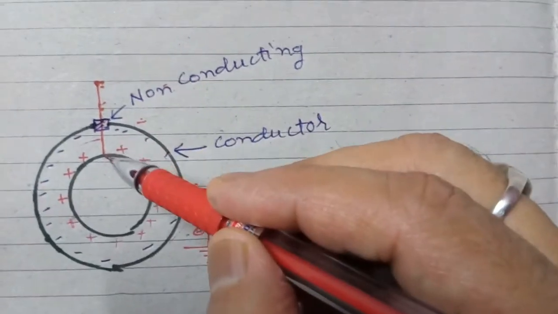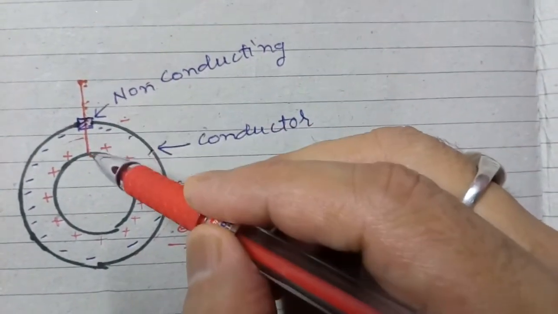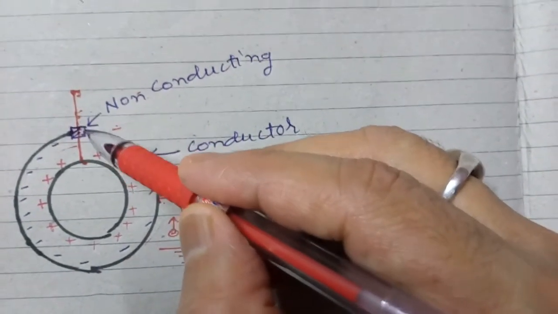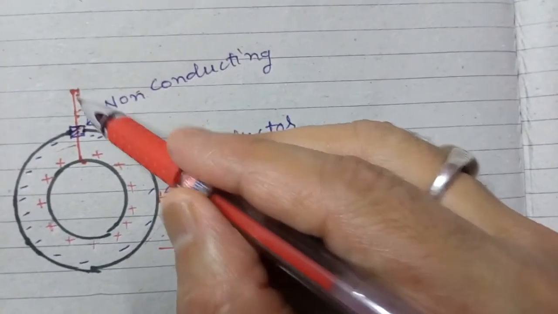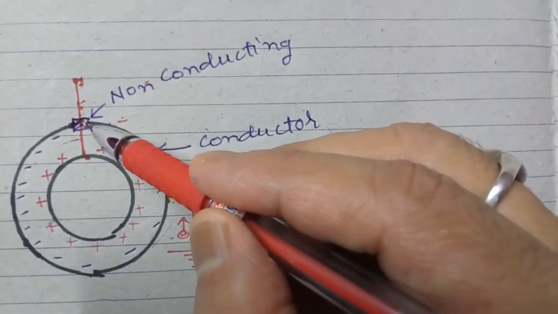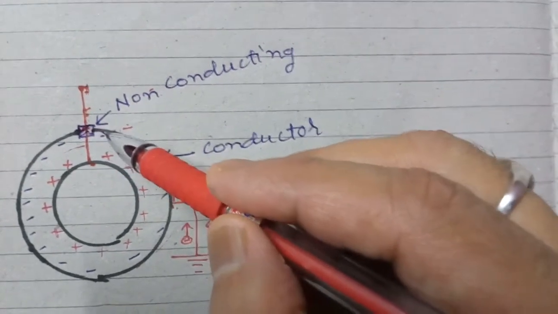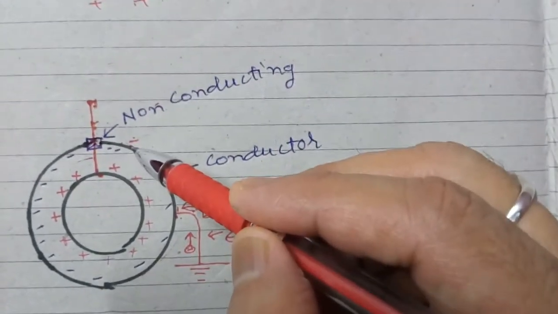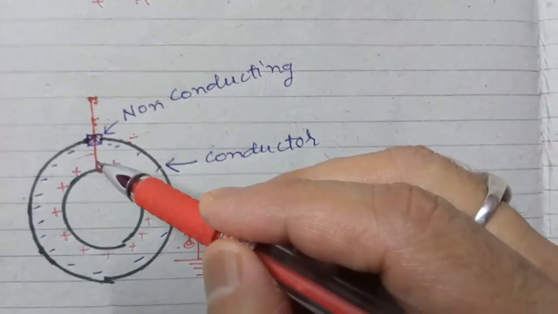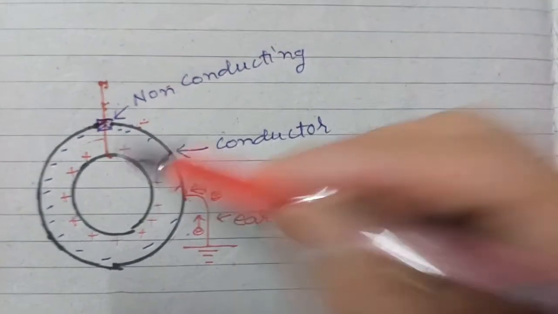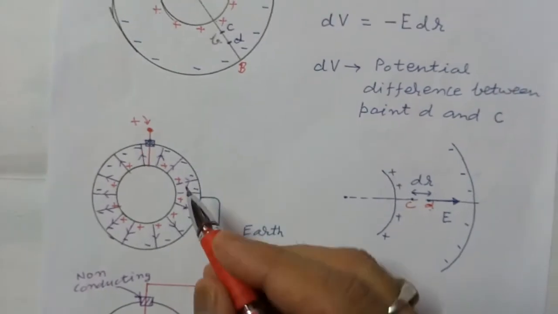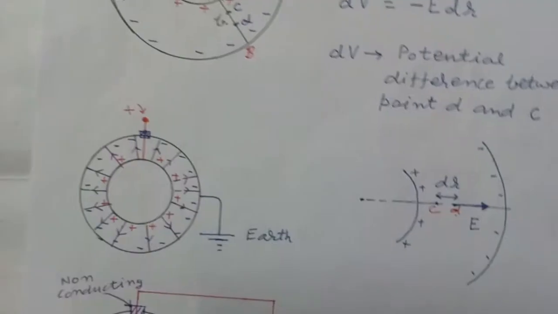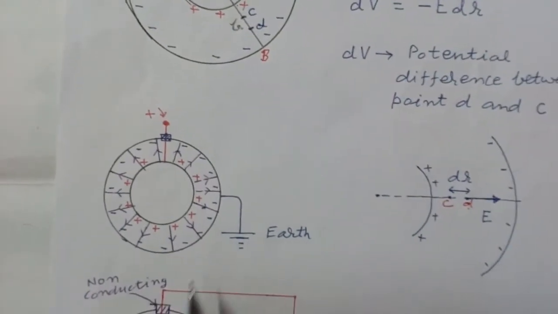Now you may see here there is a conducting wire to connect the smaller sphere to give it charge. This passes through a small space in the bigger sphere, and there is a non-conducting material between this wire and the bigger sphere, so that this wire cannot touch the surface of the bigger sphere. So this is to give the charge to the inner sphere. Now the direction of the electric field will be from the positive charge to the negative charge. So the electric field is confined only in this space.